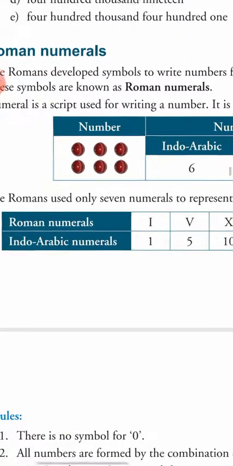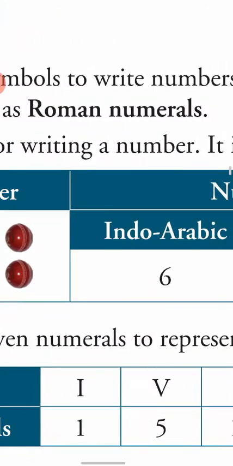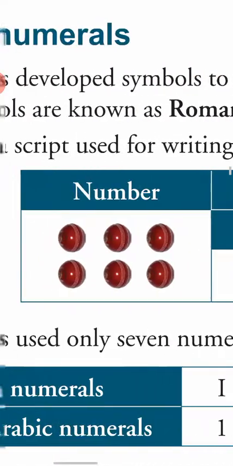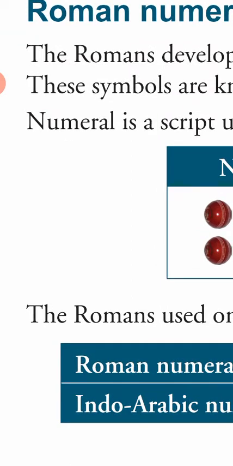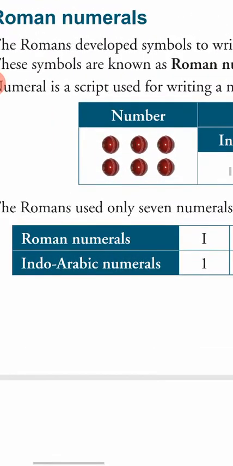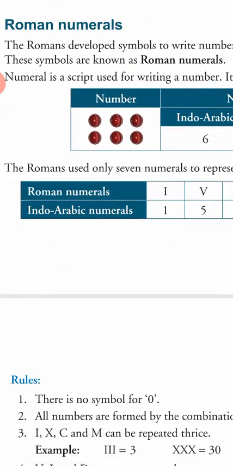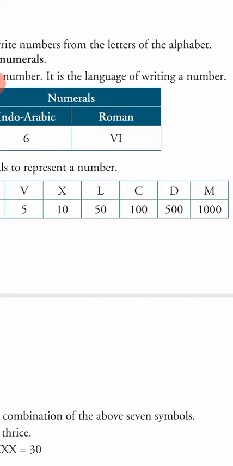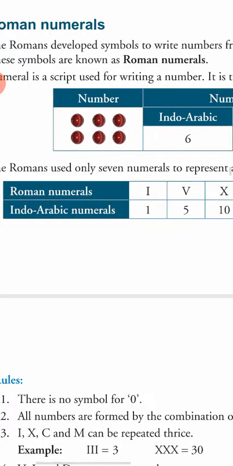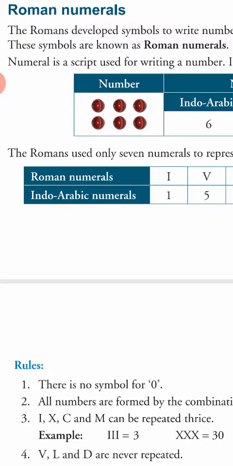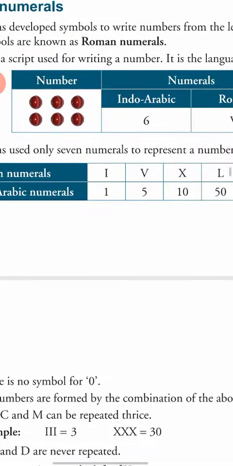The Romans developed symbols to write numbers from the letters of the alphabet, and these symbols are known as Roman numerals. They have picked basically 7 symbols to represent Roman numerals, and they are